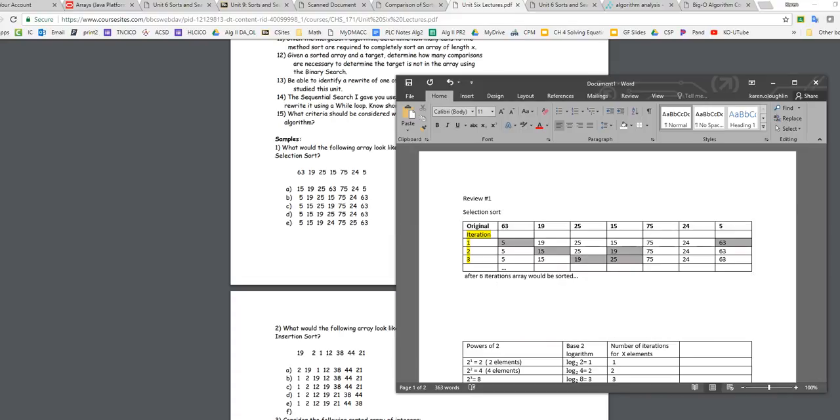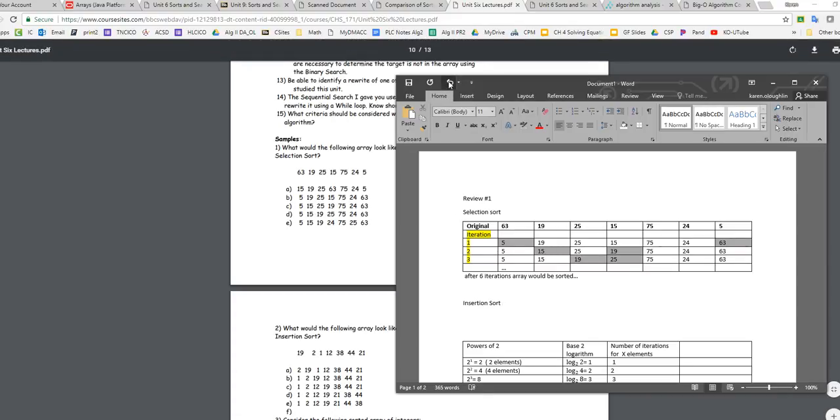Okay, the second one is an insertion sort, and so just taking a look at the algorithm there,